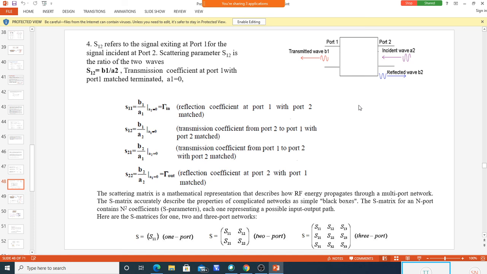As I said, these parameters are frequency dependent. So you plot the frequency response of all these, that means frequency versus magnitude of these. You can say what happens inside this box. You need not see what is inside. By looking at these plots itself, we can come to know what is inside this box.